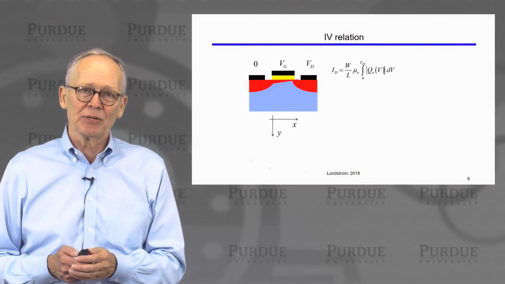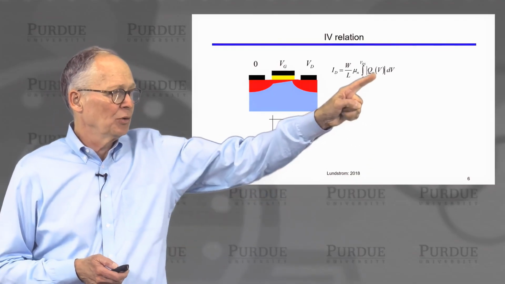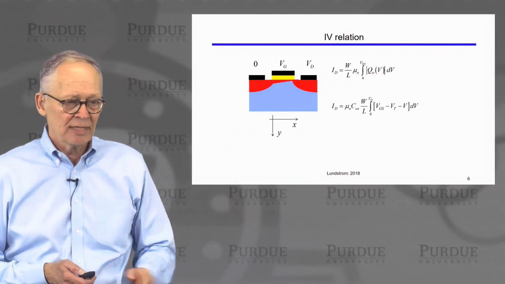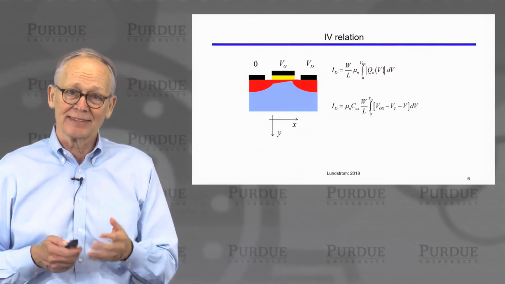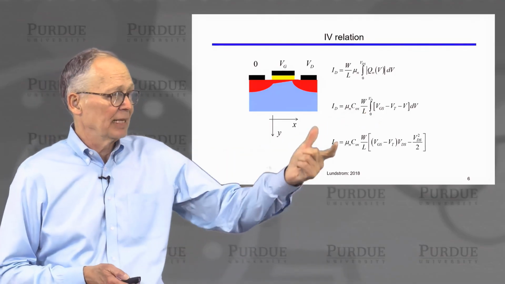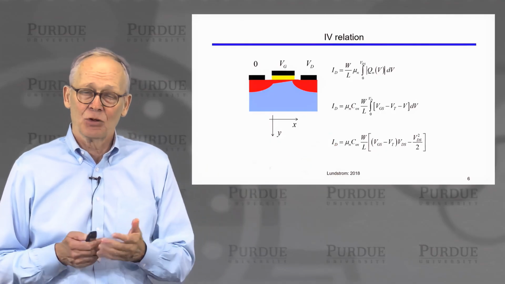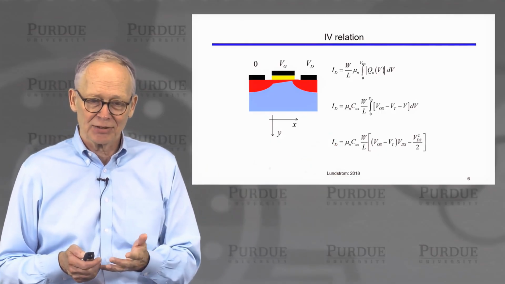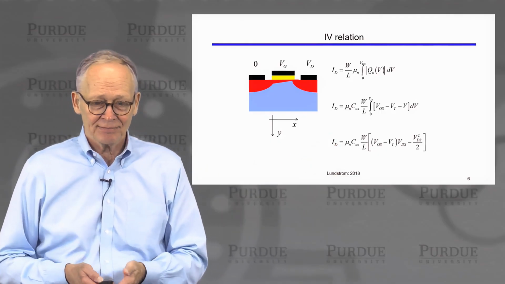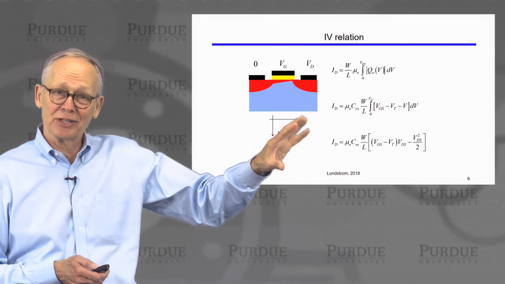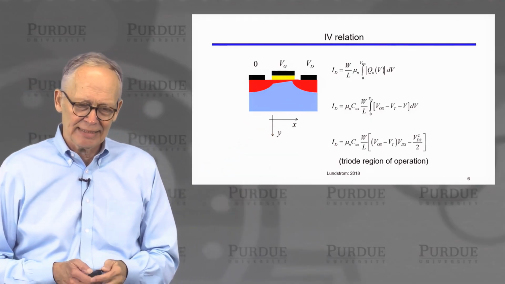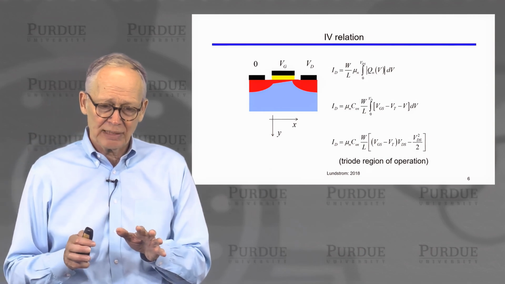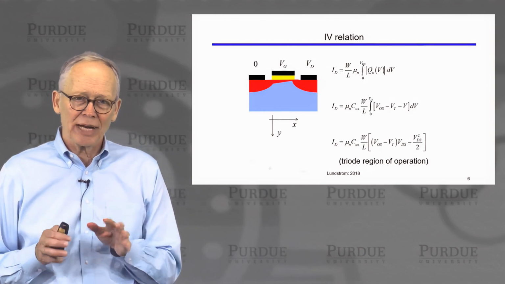All right, back to our IV relation. We now know how to specify Q. We put our expression for Q in there. We do the integral. It's an easy integral to do. And here's the result. So we have an expression for the IV characteristic of the MOSFET, and it wasn't too hard to get. Now, this region of operation, which we'll plot in a minute, is known as the triode